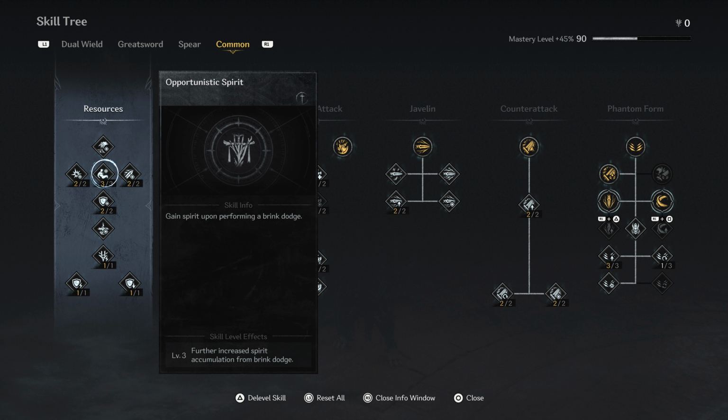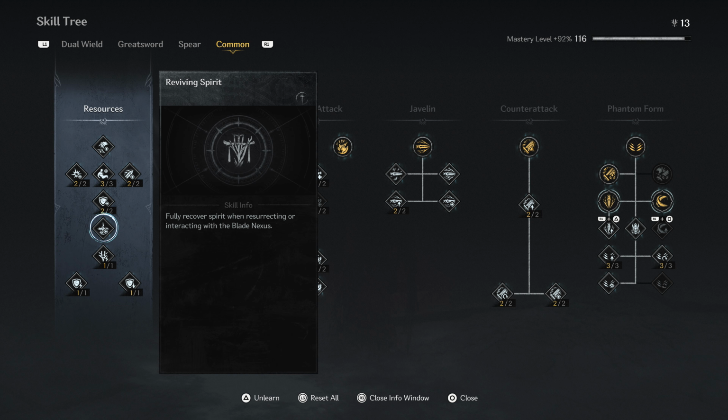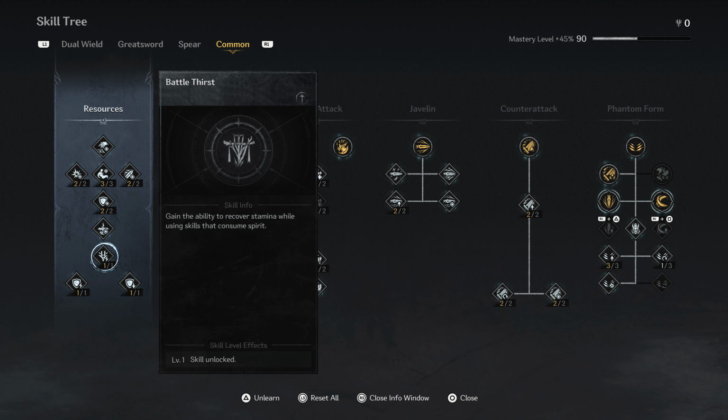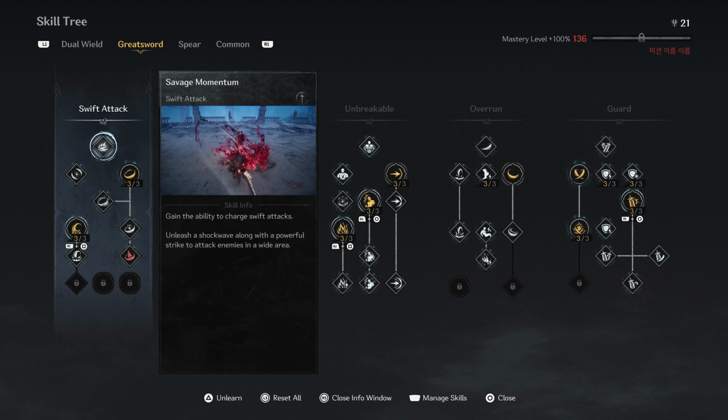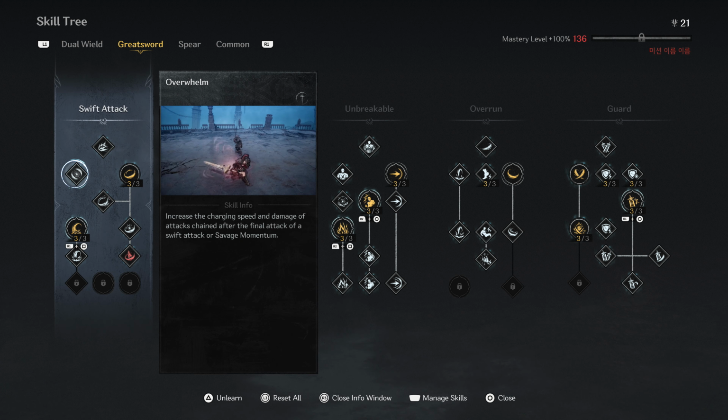Starting off with the common tree, we need the following skills: Opportunistic Spirit maxed out, Berserk Spirit maxed out, Indomitable Spirit maxed out, Reviving Spirit if you're in New Game Plus, Battle Thirst if you're in New Game Plus, and Counterattack tree maxed out. Moving on to the Greatsword tree, we need the following skills: Savage Momentum, Overwhelm, Mortal Blow